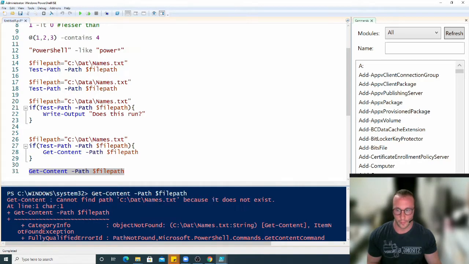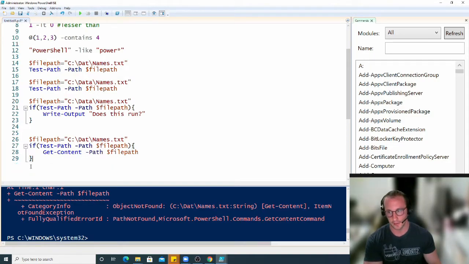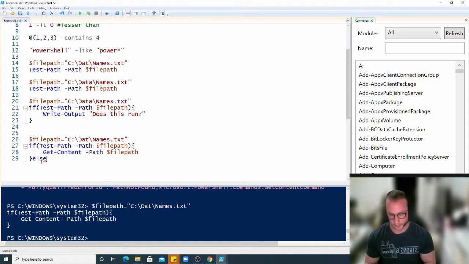So this isn't really what we want, because if we give someone a script and then they get an error back because the file doesn't exist, we would like to capture that and hopefully avoid this error altogether. So what we would do is put in this if, and that brings me right to the next statement, which is the else operator. With this incorrect if statement, which we know will not run, we can add a statement called else, and then the curly brackets here,